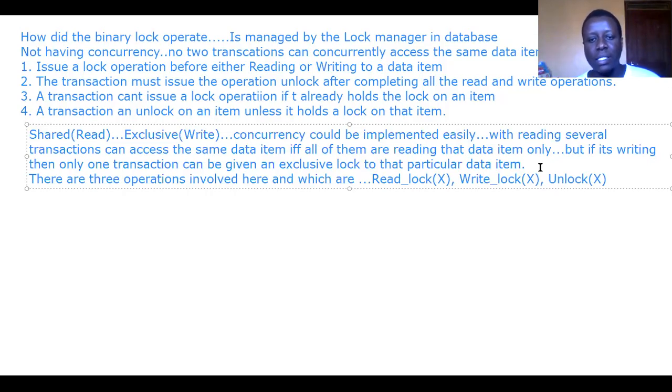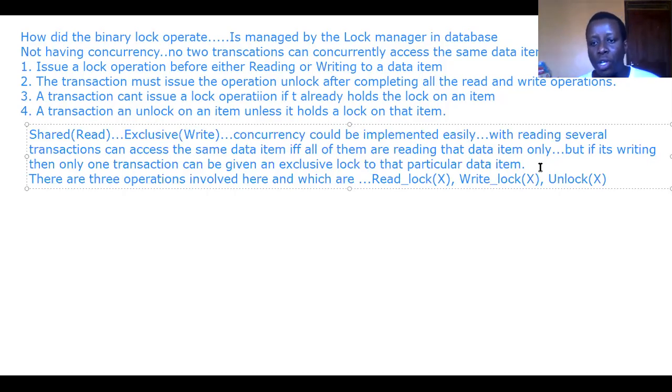So one thing with this kind of scenario of locking is that the database management system was able to distinguish the type of lock that has been offered to a certain data item. Unlike in the binary lock, there was no distinction. If it's locked, whether you're reading or writing. But now here, if you're reading, it's called a shared lock, and it will be denoted in the lock manager of the DBMS that this transaction and this transaction all have a shared lock on this data item X, and hence